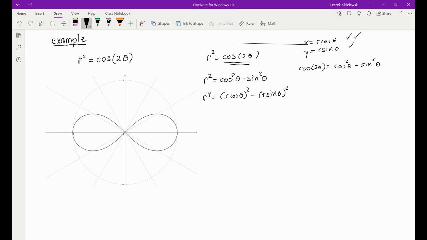Because then r to the power 4, well, that's r squared squared. So r squared is x squared plus y squared. That whole thing squared would be equal to x squared